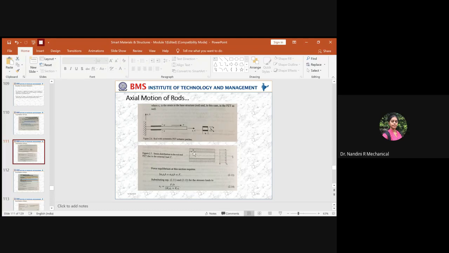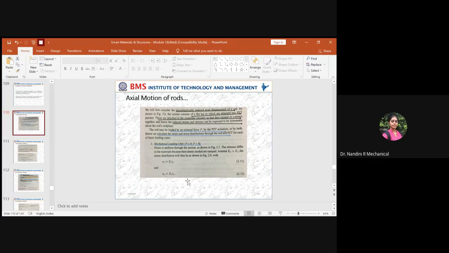When you have two patches of PZT and it is subjected to an external force F, this is only simple mathematics. After you substitute the value of sigma A and sigma S, you just simplify it, okay, and you will get the value of relative permittivity along the direction X. Okay, so this is the direction in which the force has been exerted. So the relative permittivity value you are getting will be along the direction X. So this will be the final value you get. So this is the equation for strain distribution in the rod.